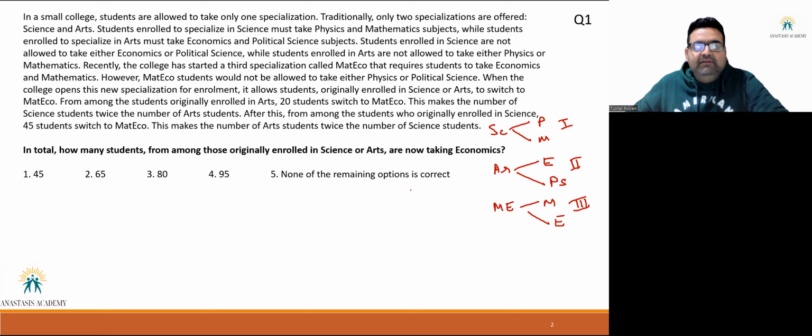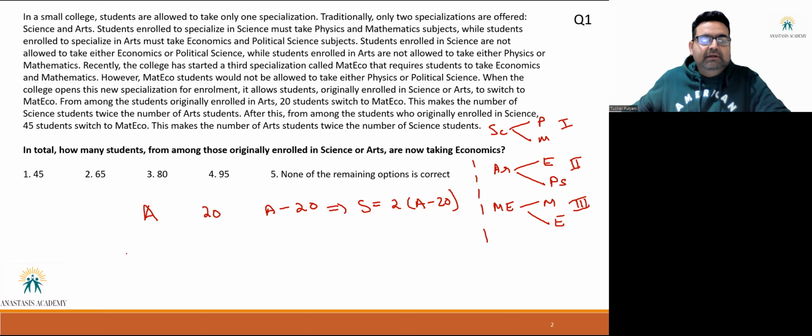So now they say that when this new specialization was offered, it allowed existing students of science and arts to switch to Math Eco if they want. So from the students originally enrolled in arts, 20 switched to Math Eco. So if, let's say, A students had enrolled in arts, 20 go to Math Eco. What are left are A minus 20. This makes the number of science students twice the number of art students. So that means they're basically saying the existing science students are double of the remaining art students after the 20 have moved on to